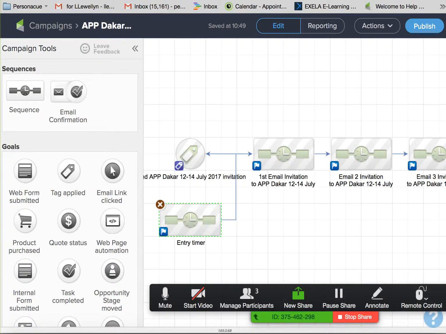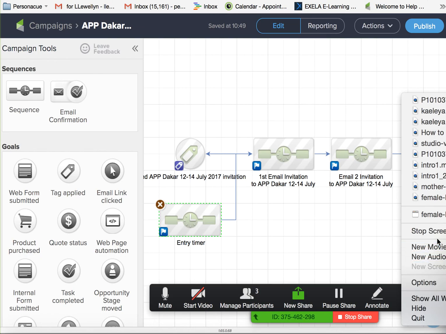So would we just delete that first tag and just have the entry timer instead? You can, yes. Okay. Because I was thinking when you did a tag, obviously, I went into the field we have called APP event contact, and within that, you have to put send invitation to this Dakar event. But you could also search by